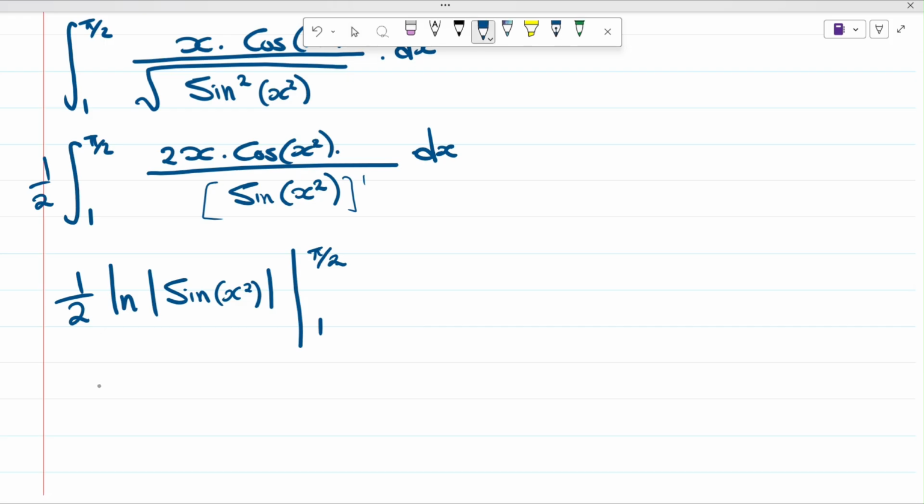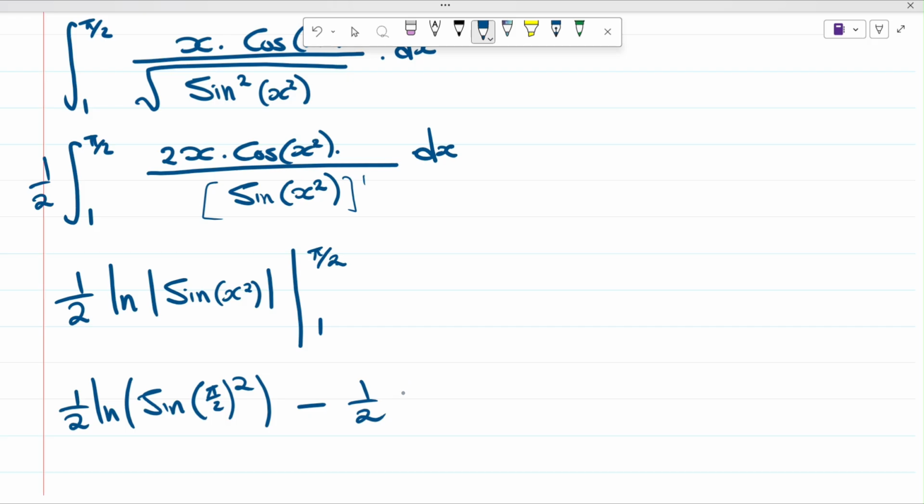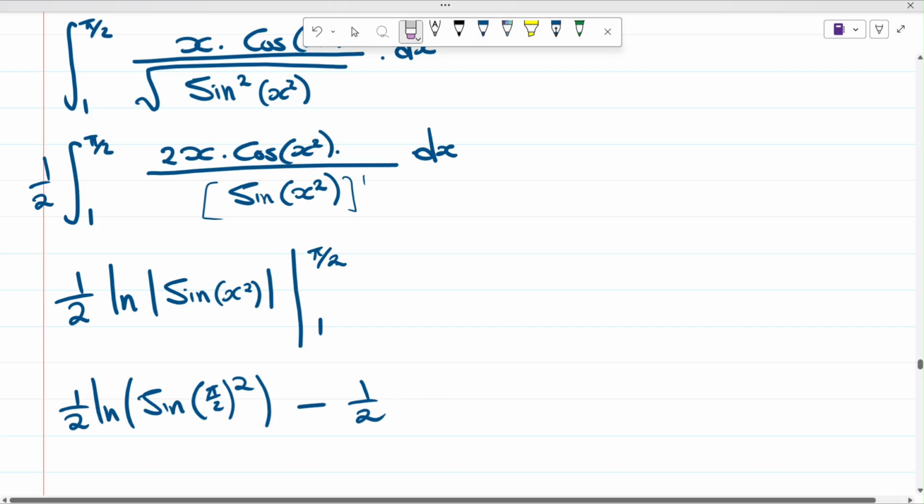So yeah, let's continue. Now we're substituting the limits here. It's going to be 1 over 2 the natural log of sine pi over 2 squared, minus 1 over 2 natural log of